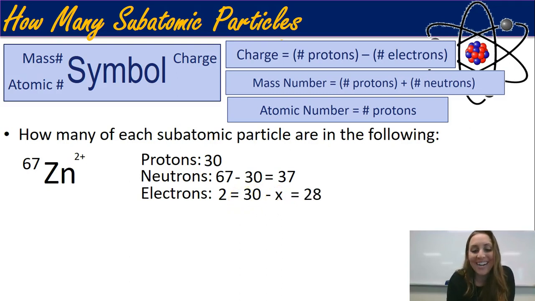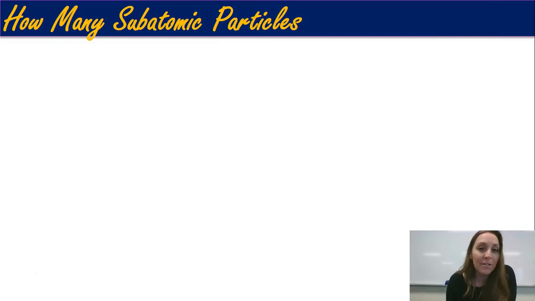28 electrons. All right, best of luck figuring out how many subatomic particles are in each isotope, and let me know if you have any questions,